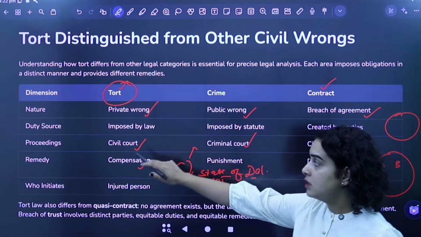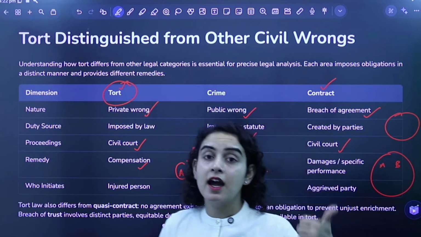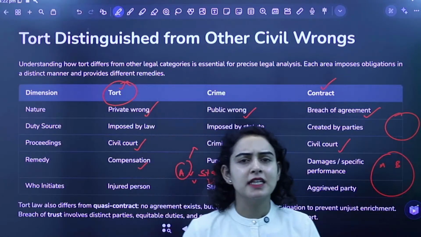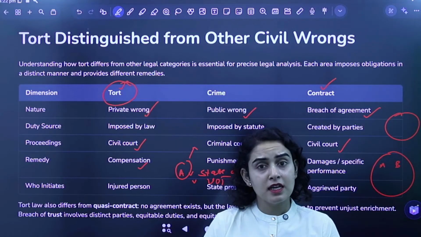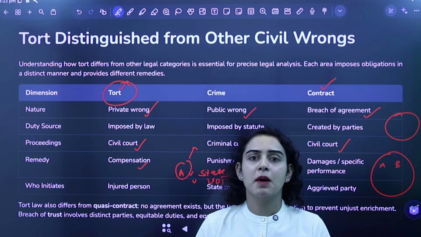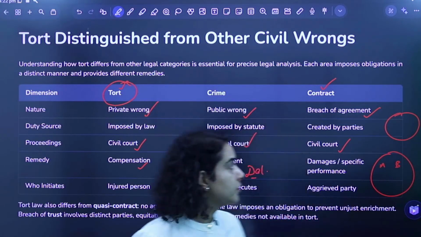So whenever there is a tort, the solution is compensation, which I said is unliquidated damages, यानी कि जो pre-decided नहीं है. अगर 5,000 का नुकसान हुआ है तो 5,000 कंपनसेशन मिलेगा. 10,000 का नुकसान हुआ है तो 10,000 कंपनसेशन मिलेगा. 5 लाख का हुआ है तो 5 लाख. तो it varies case to case.